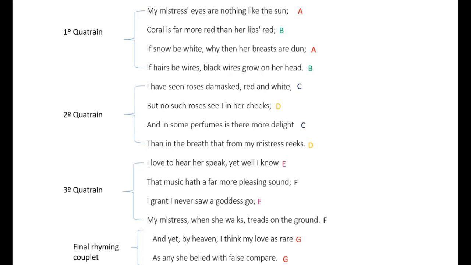Reeks is a very strong and disgusting verb to be used in poetry. People wouldn't use this kind of words in poetry. Reeks means that it stinks, que apesta, que huele feo. So he's saying that her breath stinks. This is what he's saying. And I think that we should all compliment Shakespeare in being honest about it. And what I said at the beginning, I think he's being real and he is trying to